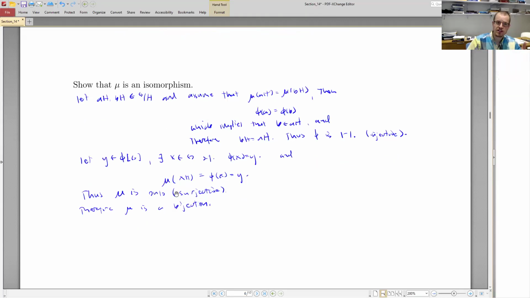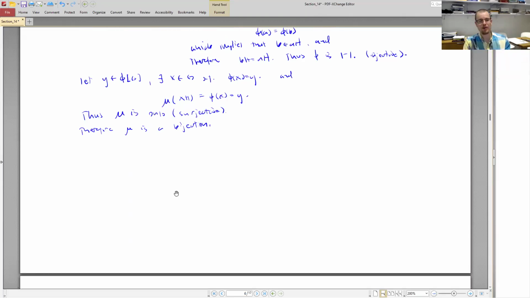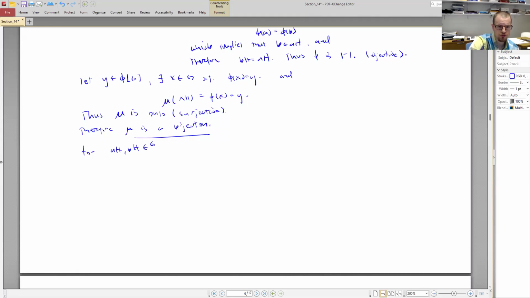So now that I have that it's a bijection, I just need to verify that it satisfies the homomorphism property. And once I have that it's bijective and satisfies the homomorphism property, then yeah, it's an isomorphism. That's the definition. So it is a bijection. Now I just have to verify the homomorphism property. So for AH and BH, elements of the quotient group G mod H, we observe that mu of AH times BH is equal to mu of